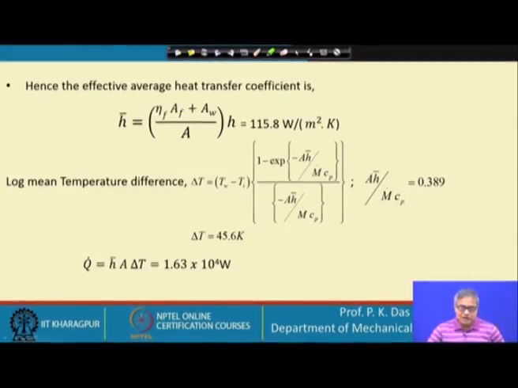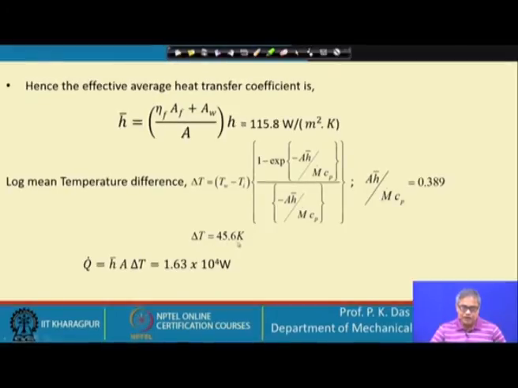The formula here which I have given, delta T is equal to this complex, or not so complex, expression. This has come through a number of steps. I would request all of you, already you are familiar with LMTD, already you are familiar with how to do the temperature variation estimation. So, please try to get this expression. Once you get this expression, then it is very easy.